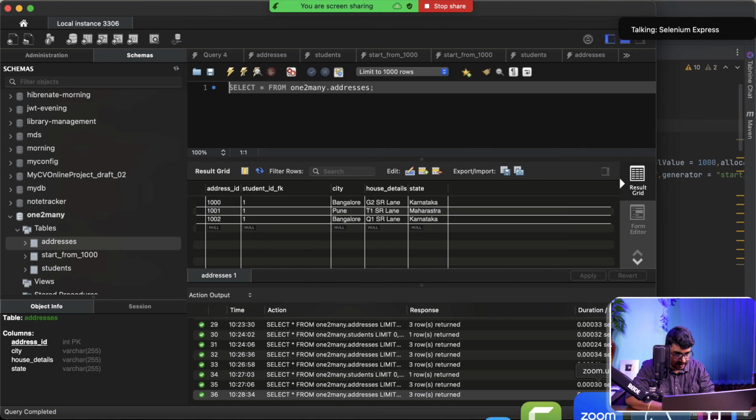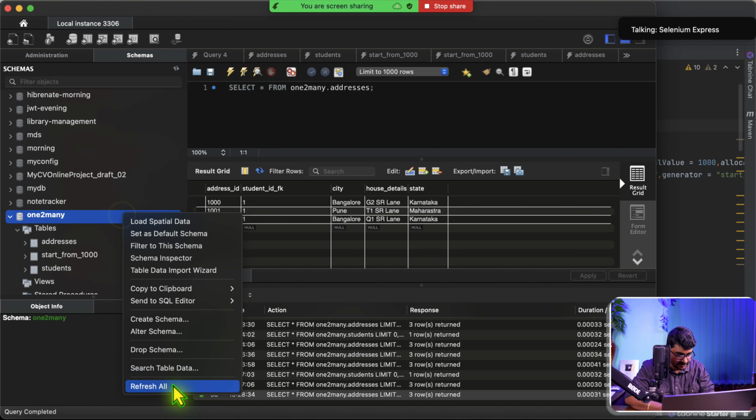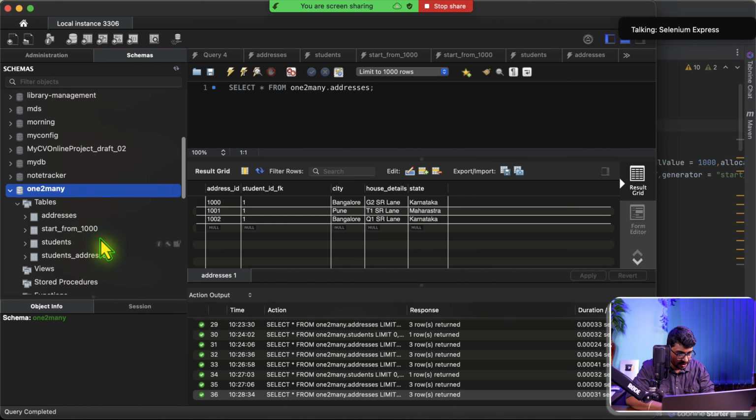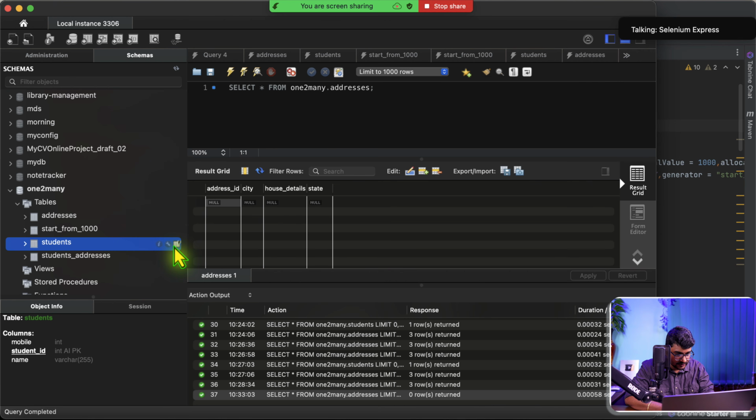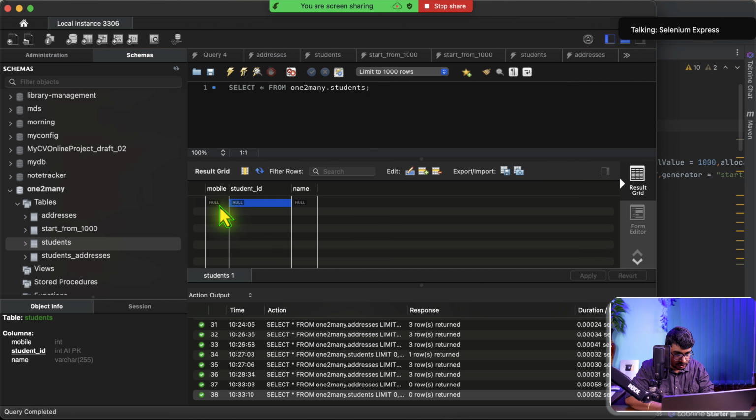Now let's just look at the tables that we have. How many tables do we have? Just refresh it. Now look at that. You have the address table, where it will keep only the address-related stuff, including the address ID. You have the student table, where it will keep the student-related data. You also have a relationship table called student_addresses,